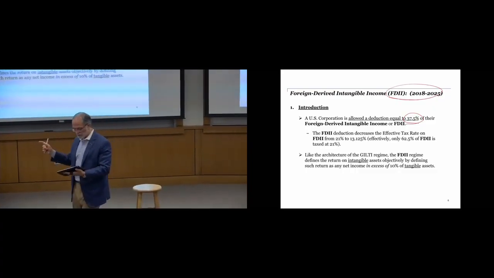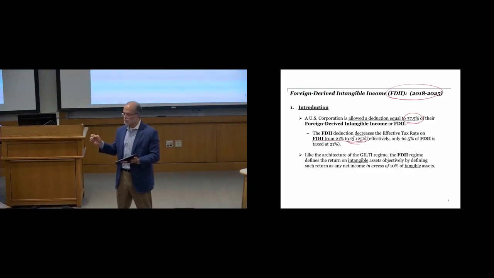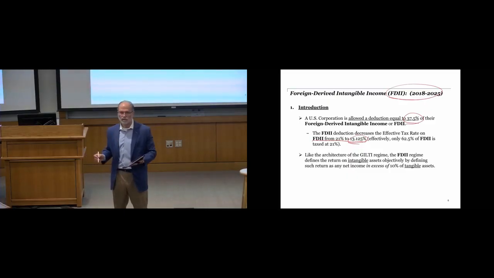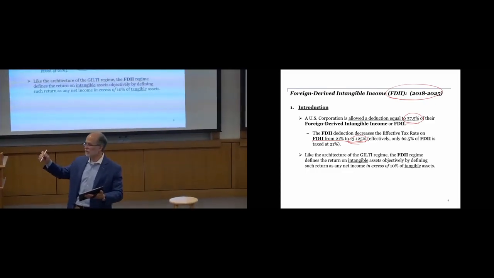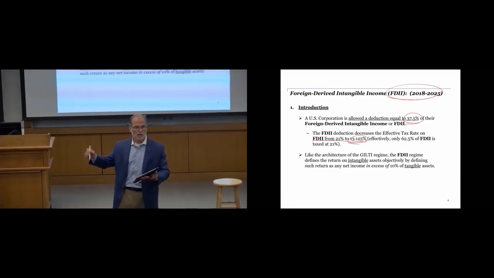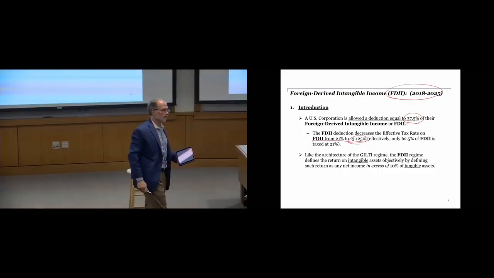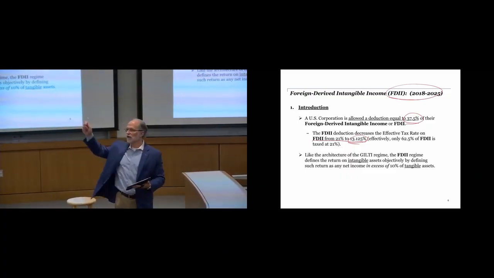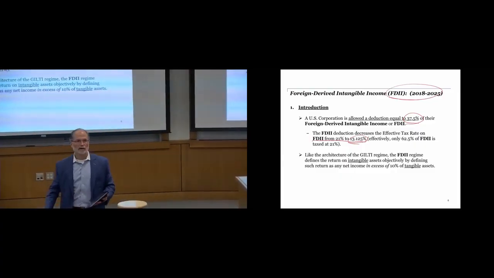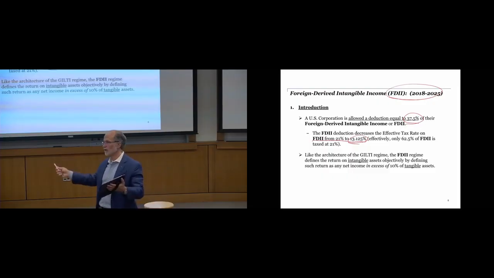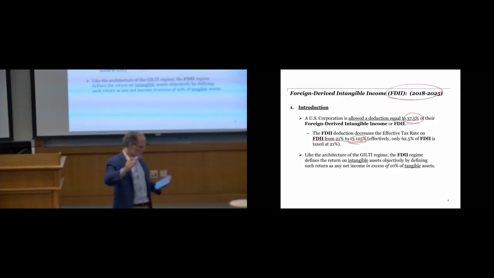What does that do? The FDII deduction decreases the effective tax rate on that stream of income from 21 to 13.125. That math is because only 62.5% of the FDII income stream is taxed at 21. That is the 13.125. So the carrot they're dangling at you is, I could have taxed your income at 21, but I'm only going to tax it at 13.125 if you do that in the United States and it qualifies as FDII. That's a pretty significant reduction, right? Almost 7%